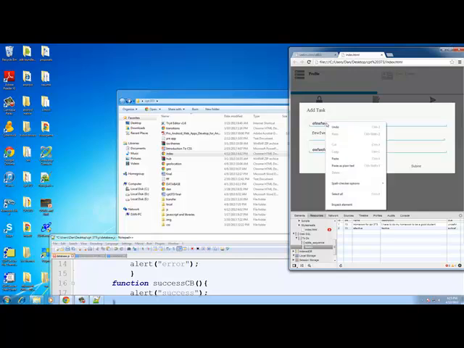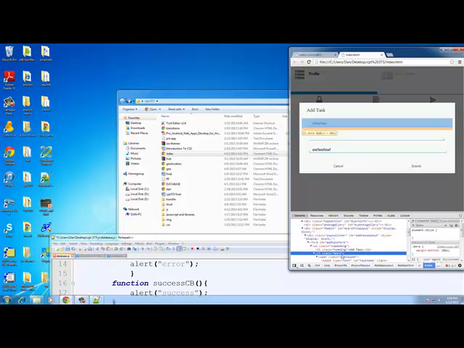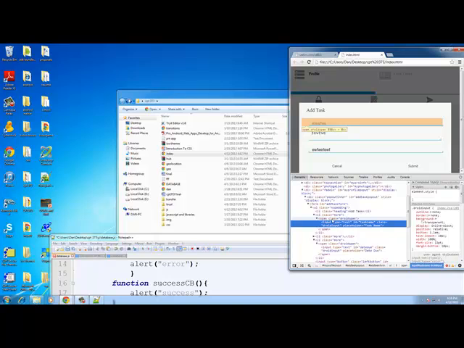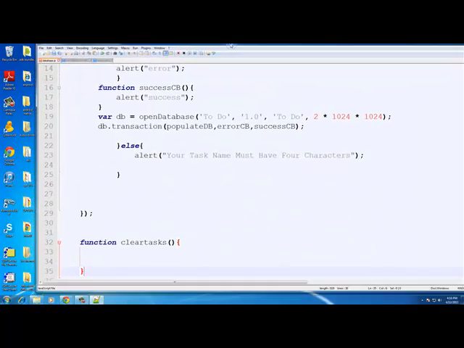So the first thing we want to do is get the name of our form. Okay, so what we're going to do is say